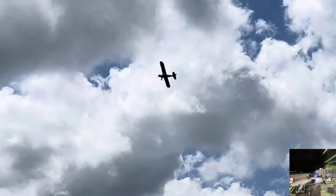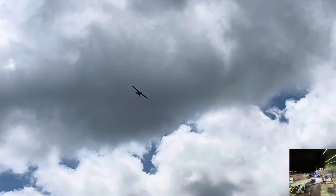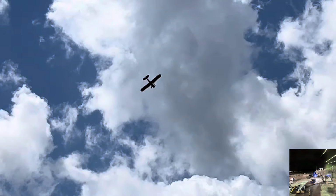Now I'm going to climb back up to about 1,000 feet above the ground. And the next thing I'm going to demonstrate is airspeed. There we go. Now I'm going to turn it back over to you so I can focus on what I'm doing, and I'll see you guys on the ground. Okay, Kyle Franklin, one of America's...